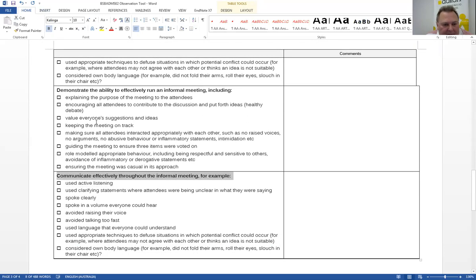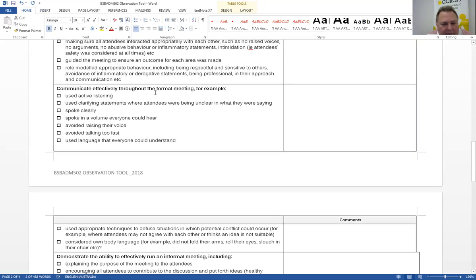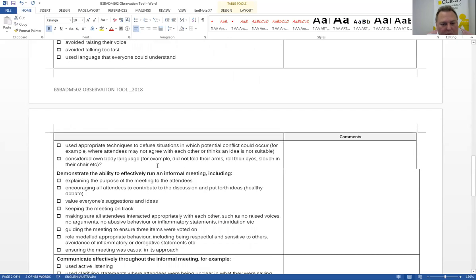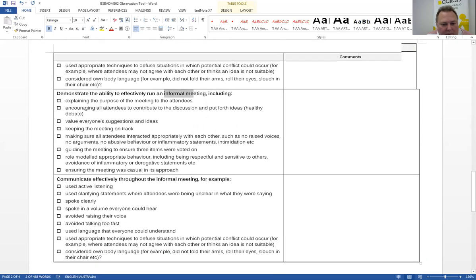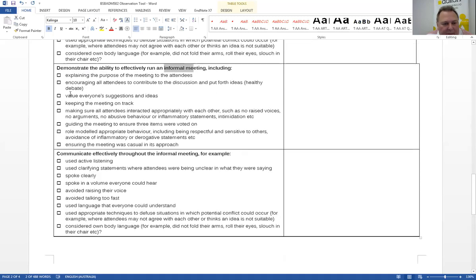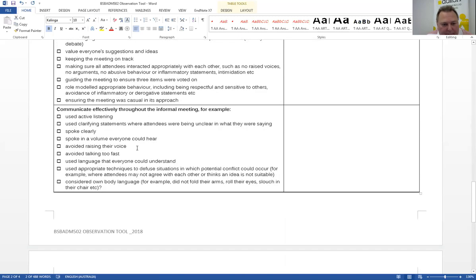There may be some overlaps, you'll find that out, but it's for different contexts, different situations. So this is running an informal meeting, and this is communicating but through a formal meeting, formal, informal. So there will be some repeats of some information there, some overlapping. Okay, so